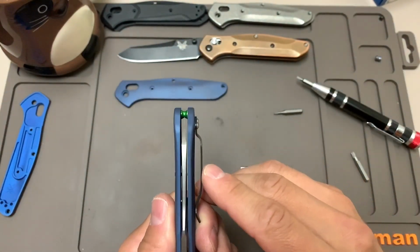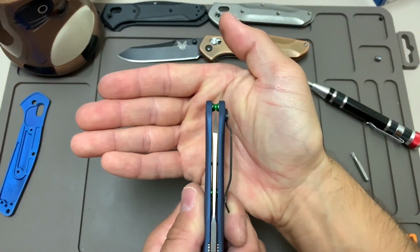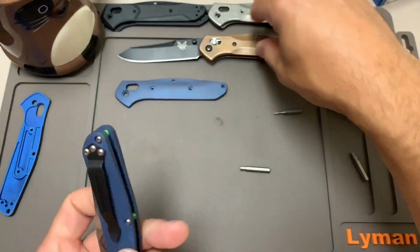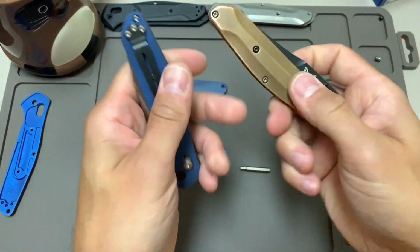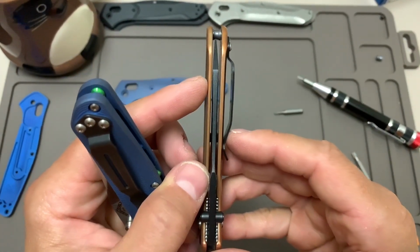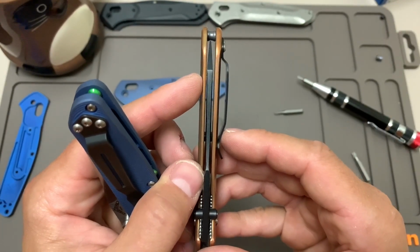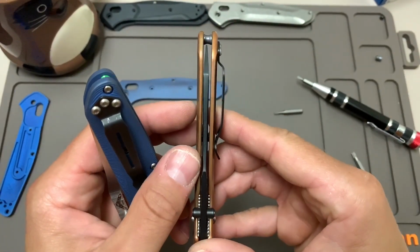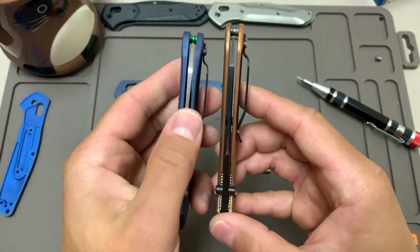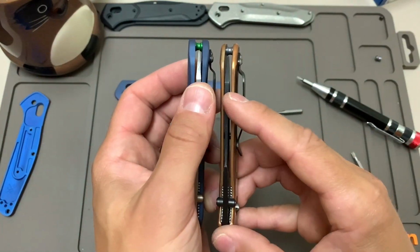So I think I've got the pivot right now set pretty well where I want, and we can see the centering's pretty good. It's not perfect. It may be coming over the clip just a little bit, but it's certainly better than the copper one with Flytanium. Look how far over that is towards the non-clip side. I've never had a problem with this loosening or touching, and I've carried this for weeks and I've used it a lot. But you can see the centering is off pretty good on that. This is an older 940. You can see the wedge grind on there is not nearly as jacked up as the one on this newer 940 Tac 2 right there. But anyway,